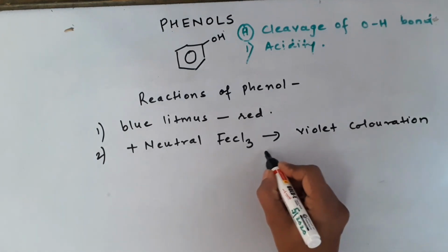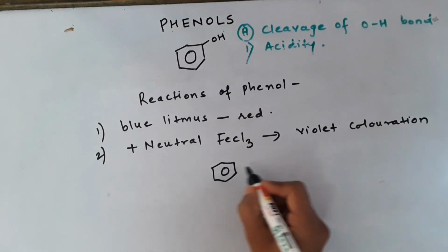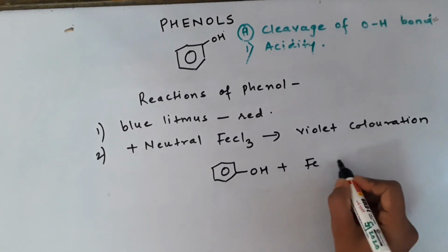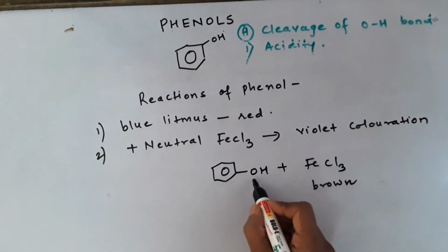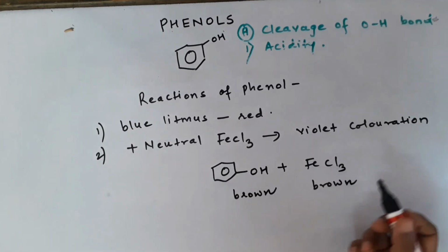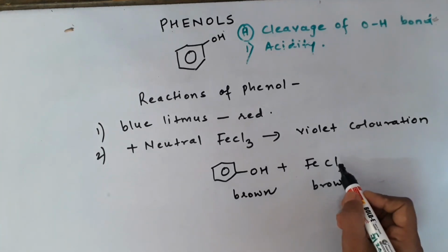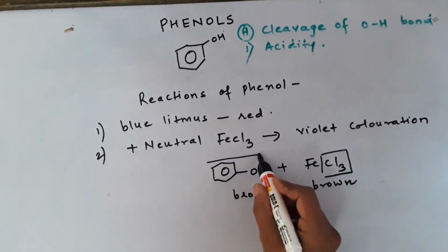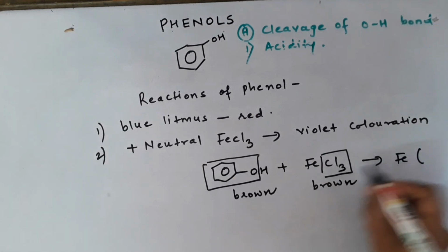The reason for forming this violet color complex is quite simple. You can just imagine it in this manner, children. It's just very simple. Just look at this. Now if you take phenol and react it with ferric chloride, which is going to be a brown colored solution, phenol can have different colors, sometimes a brown color. Now if you mix these two together, you will be getting the exchange of anions. The 3 chloride anions will be getting exchanged with 3 phenoxide anions, and you will get